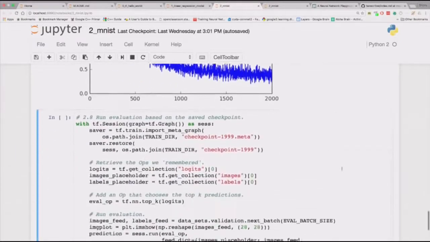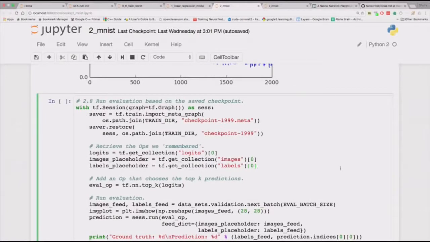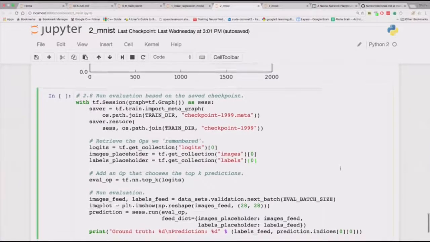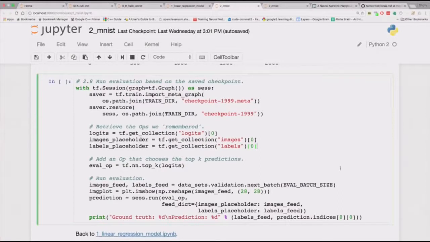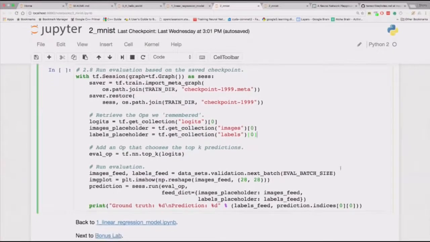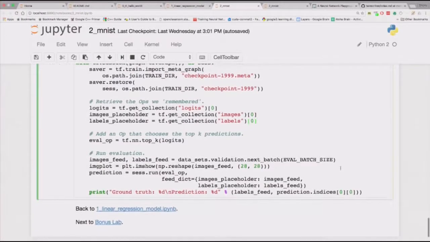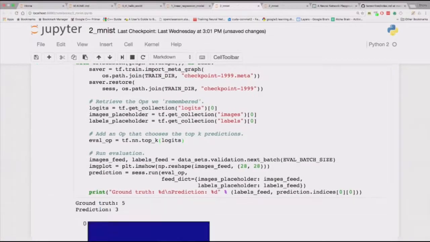Have no fear. All right, let's move on to 2.8, if you are not already there. So can somebody tell me what we are trying to do first? That's right. First, we load the checkpoint, and you remember all the things that we told our program to remember: the logits, and the image placeholder, and the label placeholder. How are we going to use it now? We're going to feed it some images from our evaluation and see what it thinks. So now if you hit return,